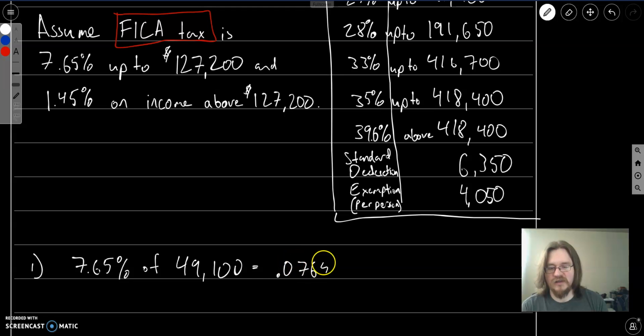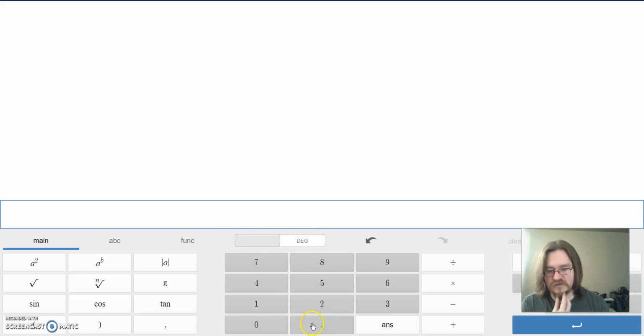So turning our 7.65% into a number, and then we multiply by 49,100, and this is where decimals or a handy calculator will come in handy. So 0.0765 times 49,100, and we get